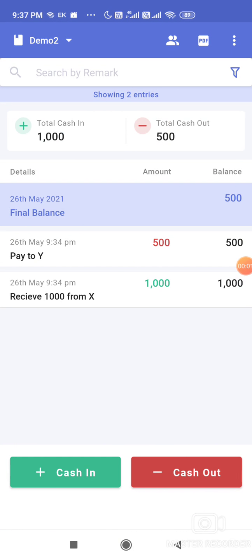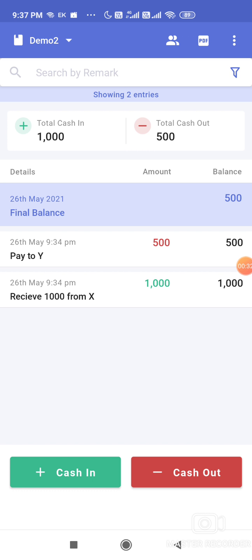So in this video I'll tell you how you can actually create shared books on Cashbook. Cashbook is basically a ledger management application where you can keep track of your finances. Those who are in North India must know about this concept of Bahi Khata. This is a kind of that concept, so you can use it in day to day life, not only for businesses. Anyone can use it for tracking their expenses, for tracking their savings, like how much am I spending, how much am I actually earning.